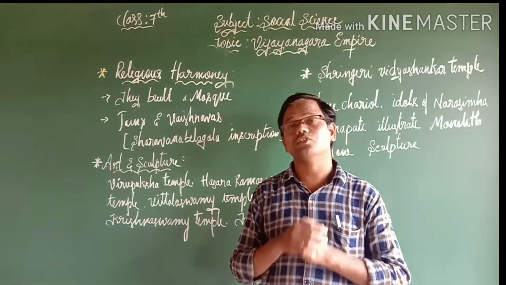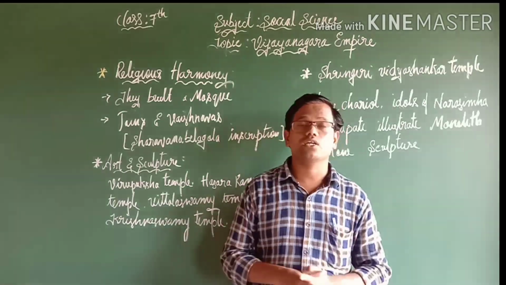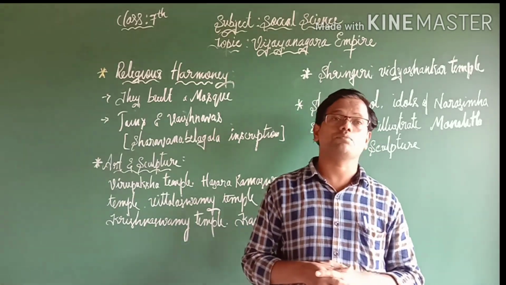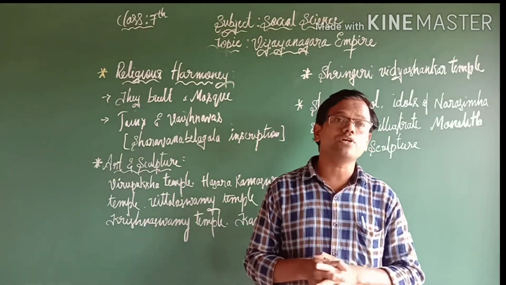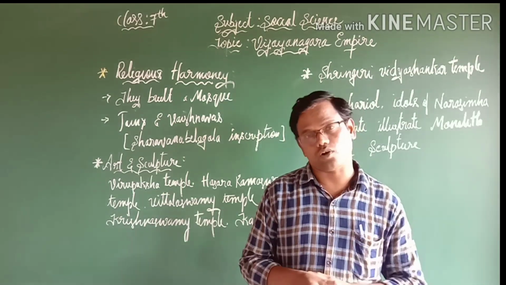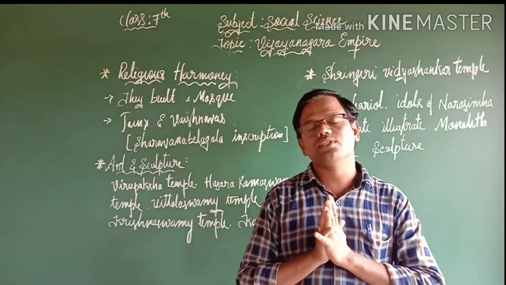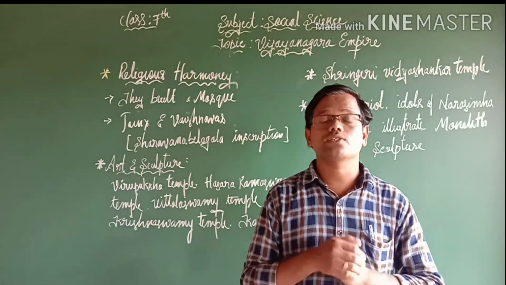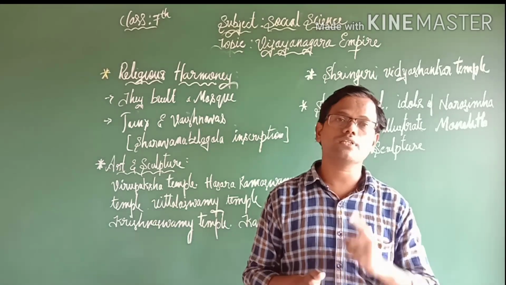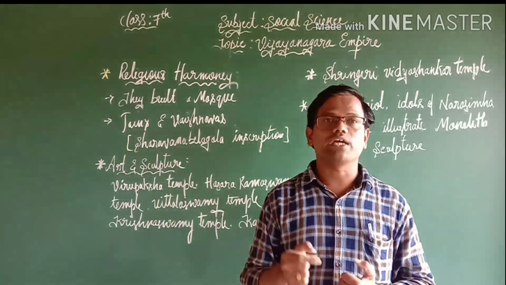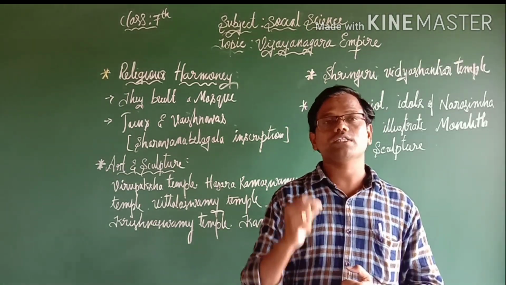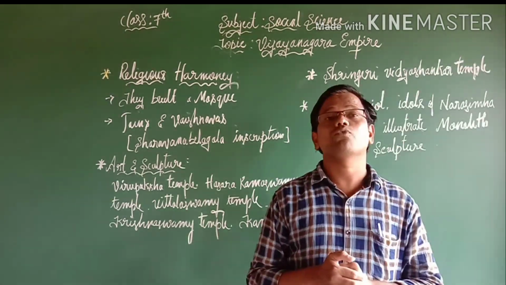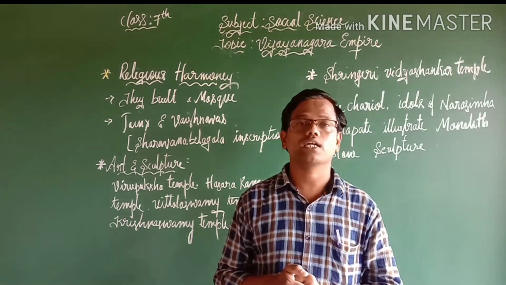And also, as you know, during the period of Vijayanagara dynasty, many monuments, temples and idols were established, and the temples were built with strong granite rocks. Also the Vijayanagara temples have their own features. Let us discuss the important features of Vijayanagara temple. The first one, high tower. The second one, very wide marriage hall. The third one, meeting hall. The fourth one, spring pavilions. So these were the four important features of Vijayanagara temple.